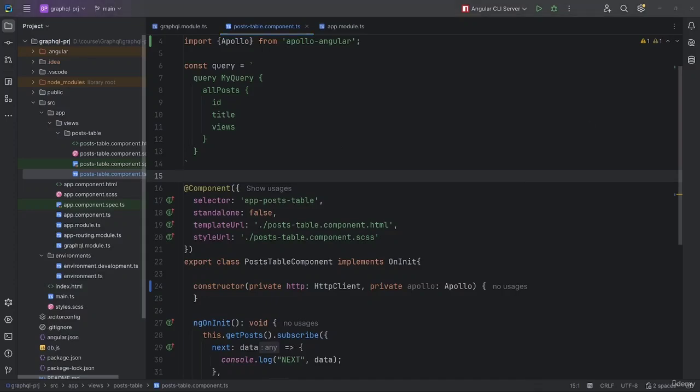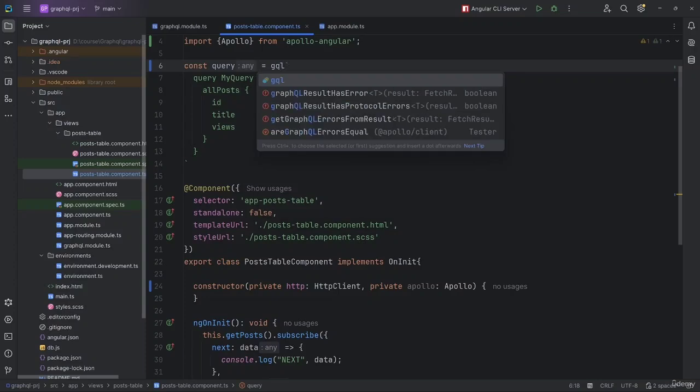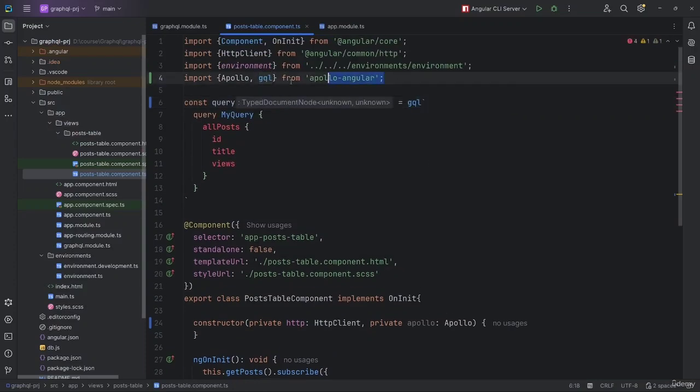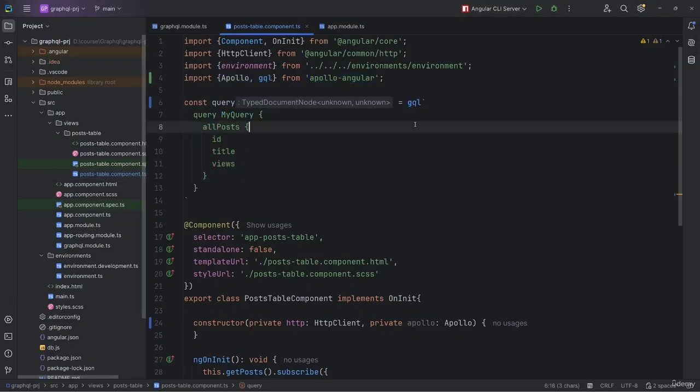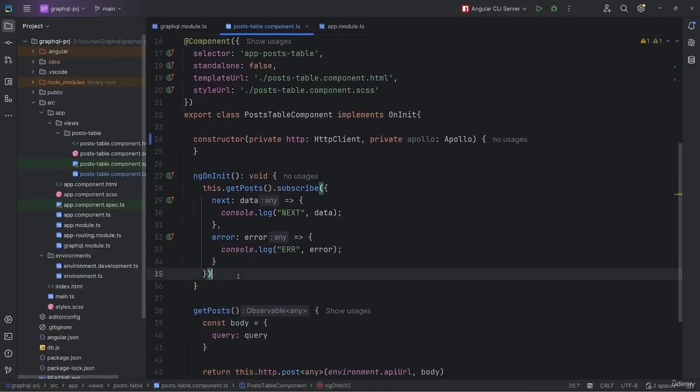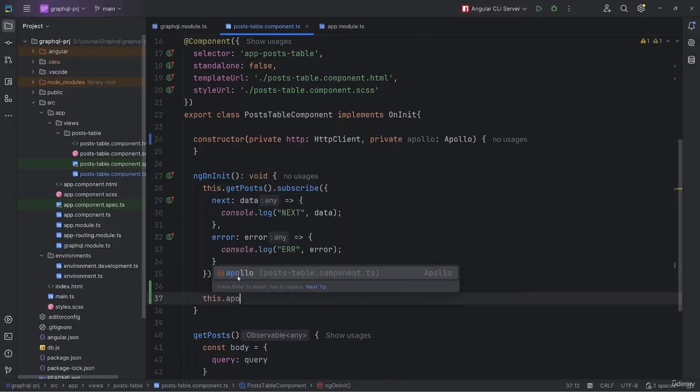But before we call it, there's one more thing we need to do. We have to wrap our query string inside the gql function, which is also imported from Apollo Angular. This function parses the query and tells Apollo it's a valid GraphQL document. Without it, Apollo won't recognize the query properly. So, now that we've injected the Apollo service, wrapped our query using gql, and stored it in our query variable, we can finally call